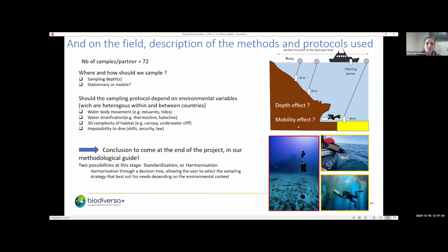But there is also the impossibility to dive in some countries because in a professional setup, it might be legally very constraining. We chose to do it in a stationary way for all partners. But in France, we also acquired additional funding from other sources to try the other methods. So to be able to compare in one place how the way of sampling impacts our data